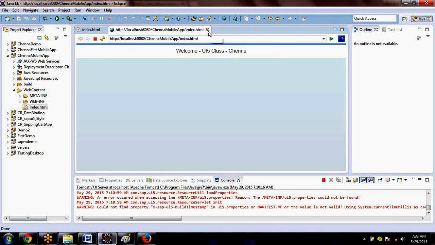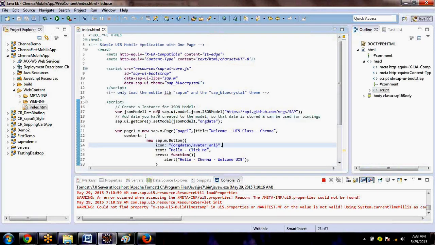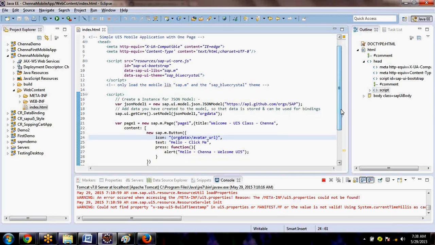So the first step is what? We create a JSON model, new sap.ui.model.json.JSONModel. Look at the spellings. JSON model, MODEL, that's correct. Then you specify the URL, https://api.github.com.